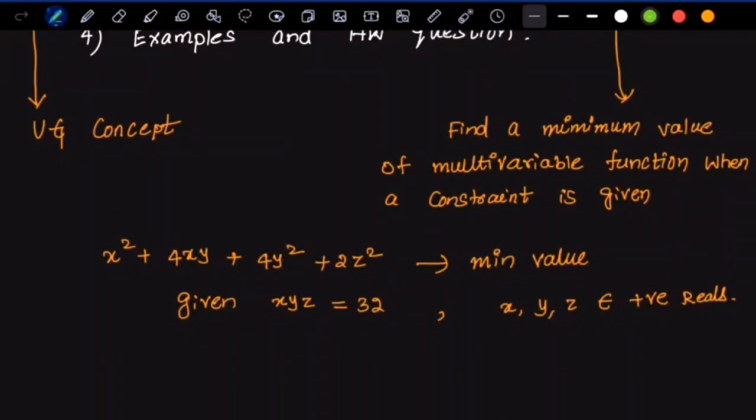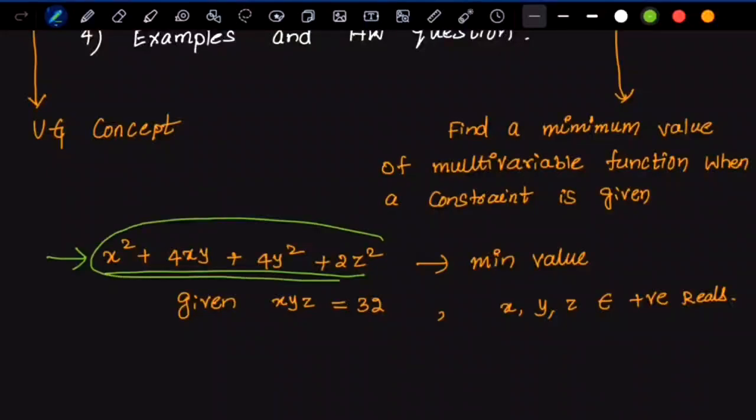So you have a multivariable function given. If you check this particular function, x square plus 4xy plus 4y square plus 2z square, this is a multivariable function. It has got three variables x, y and z. And you have to find out the minimum value of this particular multivariable function and this condition is given to you. It is given that xyz is 32 and it is also given that x, y, z